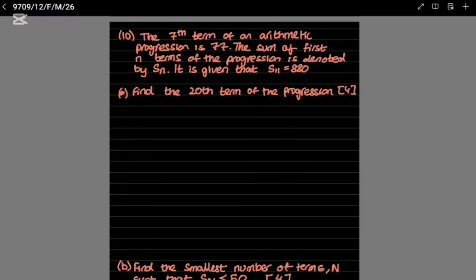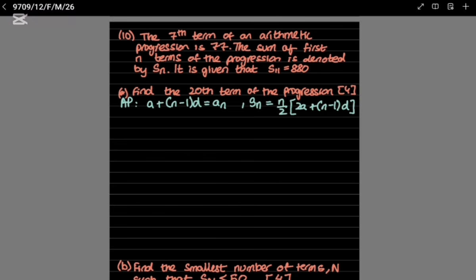So first of all, we know that it's an arithmetic progression. So just write the formulas. a plus n minus 1 times d. By the way, this is for an, and for sum we do n over 2 into 2a plus n minus 1 times d. They want us to find the 20th term of the progression, but we don't know what is a and what is the common difference d. So we have to find something